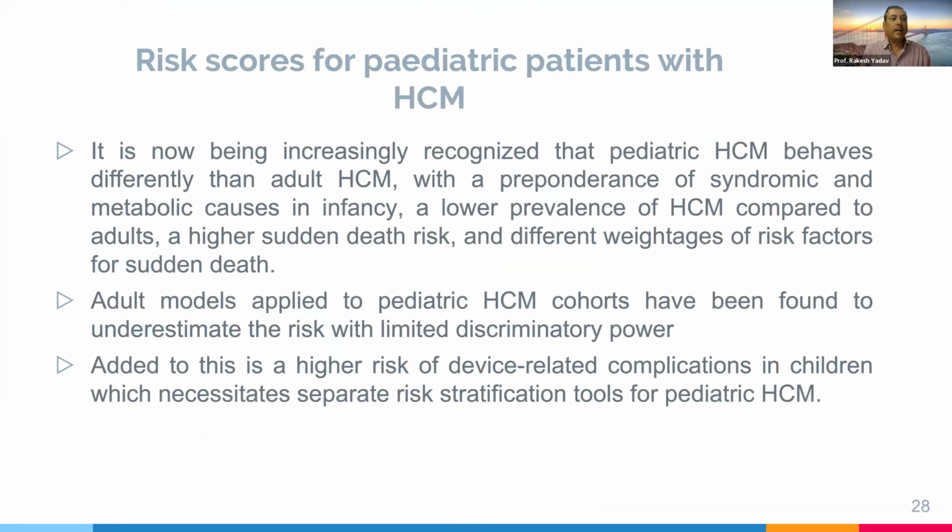For pediatrics, it is now being increasingly recognized that pediatric HCM behaves differently than adult HCM. With a preponderance of syndromic and metabolic causes in infancy, a lower prevalence of HCM compared to adults, a higher sudden cardiac risk, and different weightage of risk factors for sudden cardiac death. Adult models applied to pediatric HCM have been found to underestimate the risk with limited discriminatory power. Added to this is a higher risk of device-related complications in children, which necessitates a separate risk stratification tool for pediatric